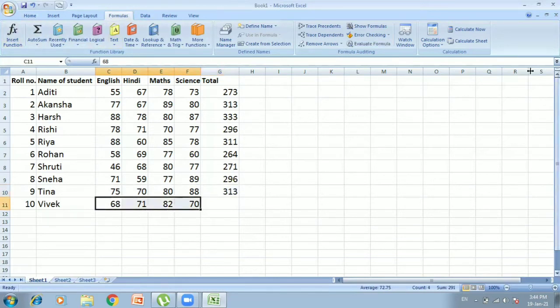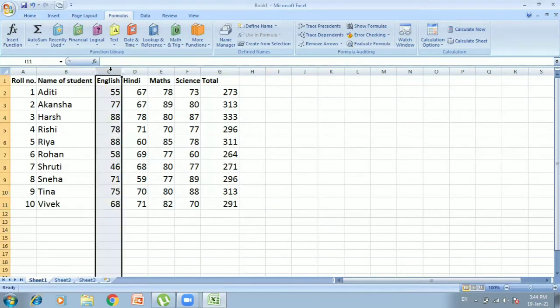Okay. Now children, the next one is how you can find out the maximum value. Now, as you can see, these are the marks of only English subject.